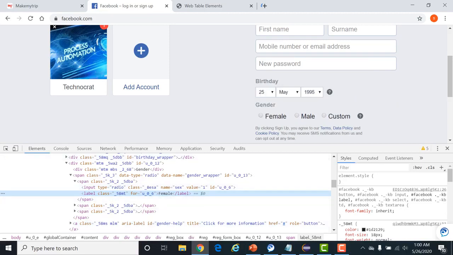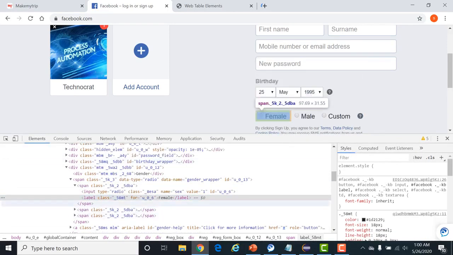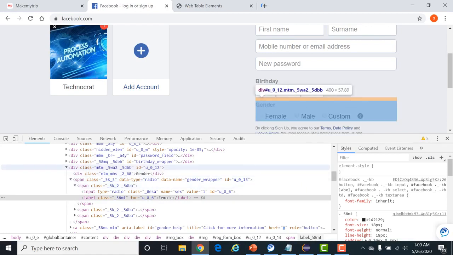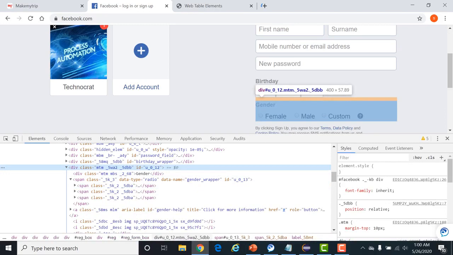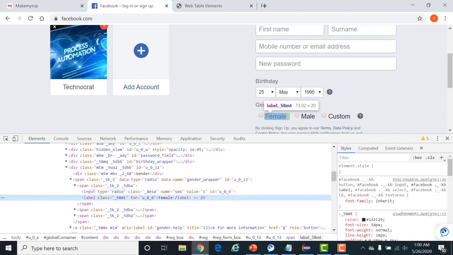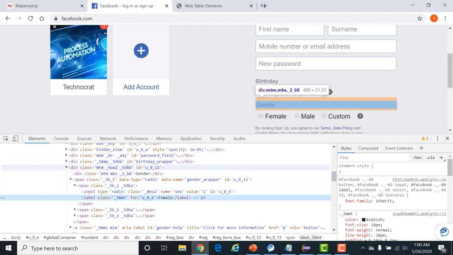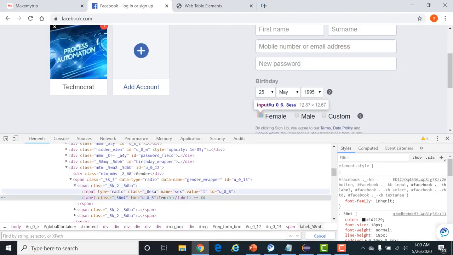What will I do? Simple, just try to understand the HTML code of this. Right now we are here. These are the child nodes of this span parent node. This span is again a child node of this span, and then we have this div node. If we see the hierarchy, this is the grandparent, this is the parent, and this is the child. Inside that we have the input value. Right now we are dealing with 3 levels of hierarchy. So if we write the XPath by using parent, it will be too lengthy.